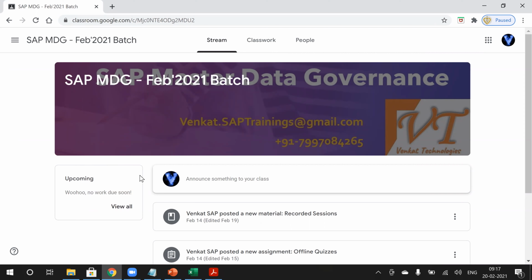That's it. But is this link valid for long? Yeah, this will be valid unless I remove you from this batch. I'm not going to remove you. At least for 1 year I can assure you will be in this batch, because the Google Drive space will be limited for recordings and all. So that's why at least for 1 year I will keep this active.